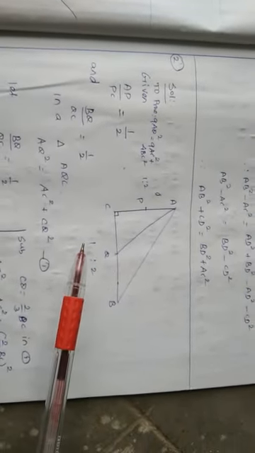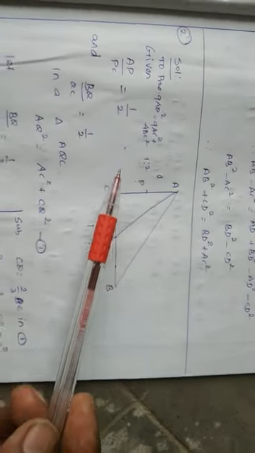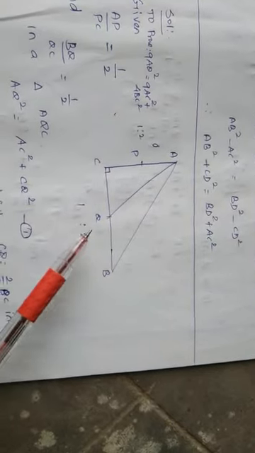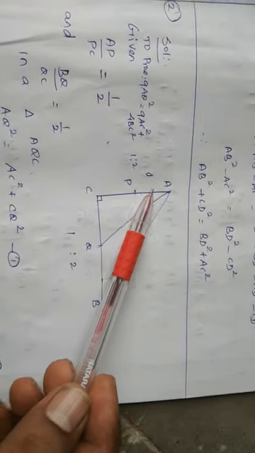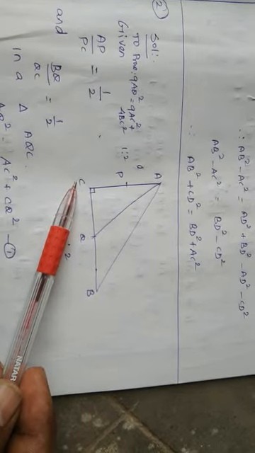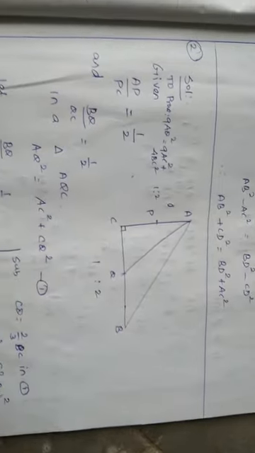In triangle ABC, there is a right angle, and it gives the side BC, and also it gives the ratio 1:2. This is 1:2. Here also the ratio 1:2 is given. So we need to prove 9AQ squared equals 9AC squared plus 4BC squared. So for AQ squared, we need to use this right angle triangle form. After that, just substitute all those things in the given BC.